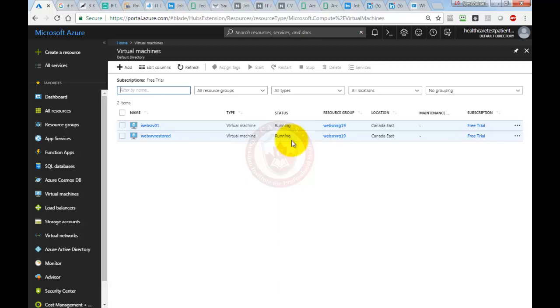new VM. So this is how we can use Microsoft Azure backup and restore